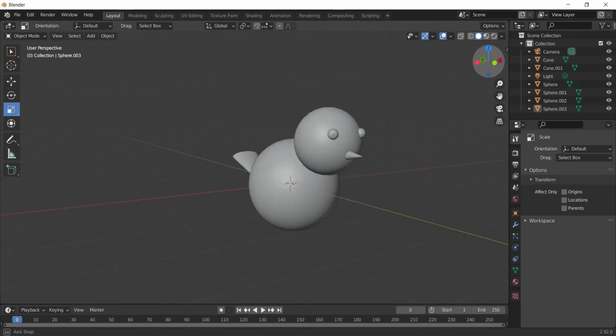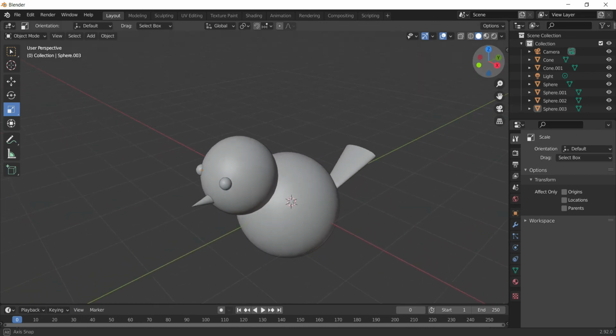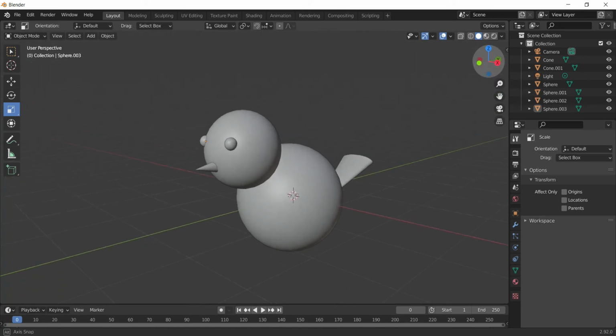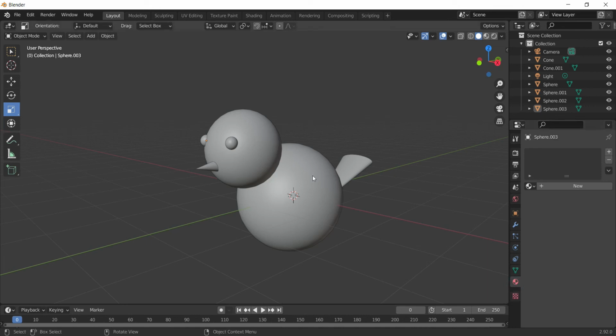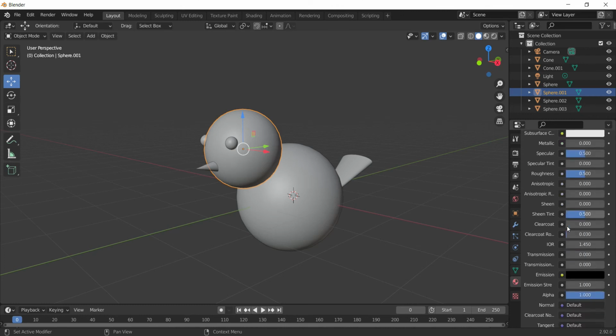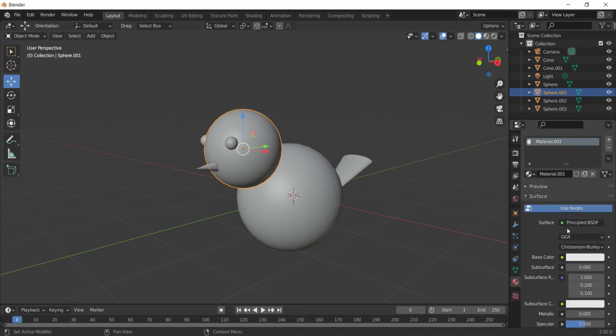Now the important part is how to apply some colors. To apply colors, we have the term called materials. We never say that we apply color; we always say the kind of material we are making. For that, I will come to the properties editor, and underneath it you need to look for the option called material properties, select the object first, and then click on new. Now you can see that there are so many options. No need to get confused with that.